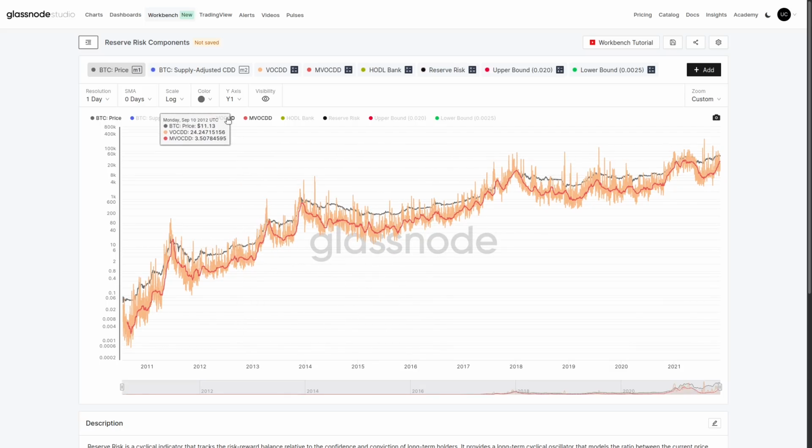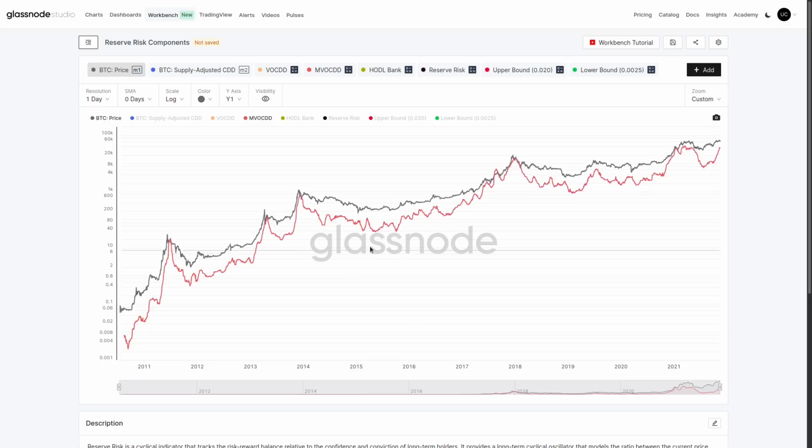So I'm going to turn off the value of coin days destroyed, because what we really care about here, during cycle tops, the incentive to sell in black is being matched by the amount of spending. More people are selling into that market strength, and we get this closing in. See how the red line and the black line start to close in on each other? Same as 2017, they start to match in. That's showing that the incentive to sell is being matched by the amount of sell side.